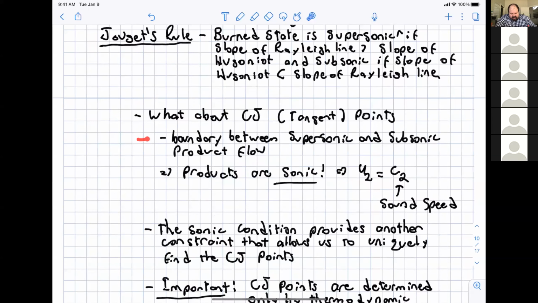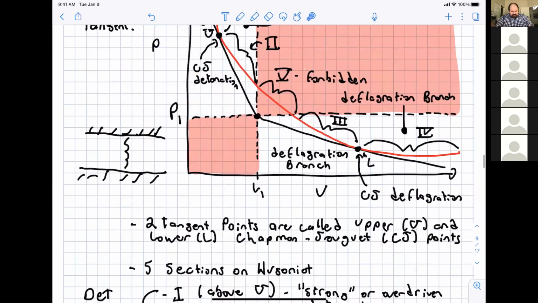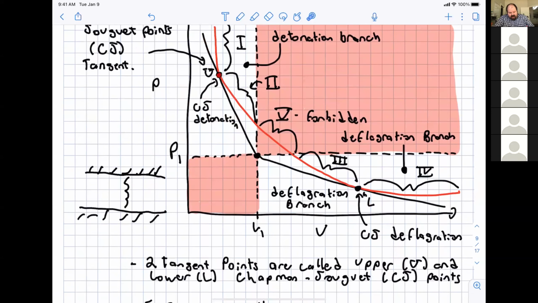First of all, we could argue that just based on this curvature here, they are on the boundary of the region where the product flow is subsonic up here and supersonic down here. And they have to meet smoothly, and also based directly on Jouguet's rule, the slope of the Rayleigh line and the slope of the Hugoniot are the same because they're tangent points. And if that's true, then that means that the products exiting a CJ combustion wave are